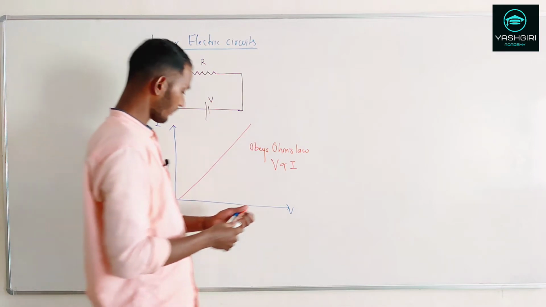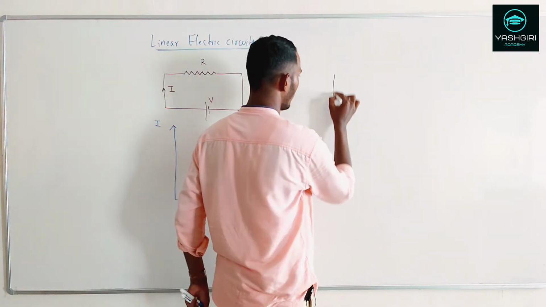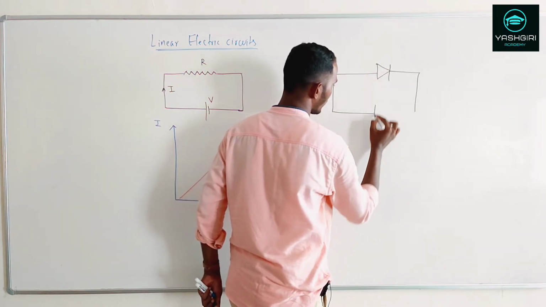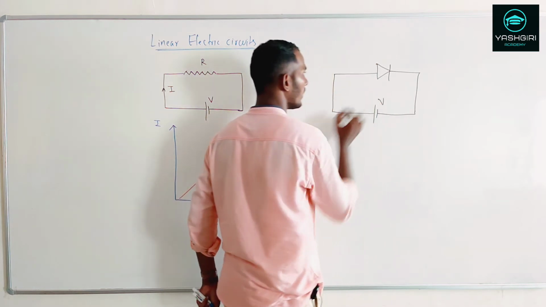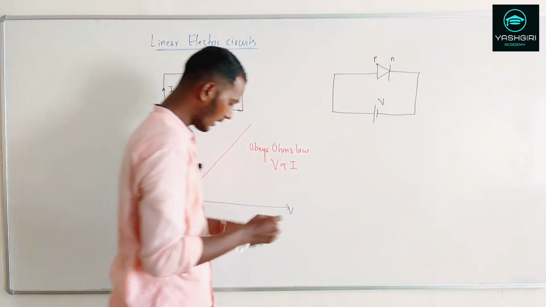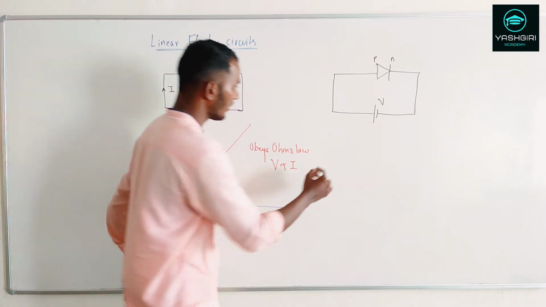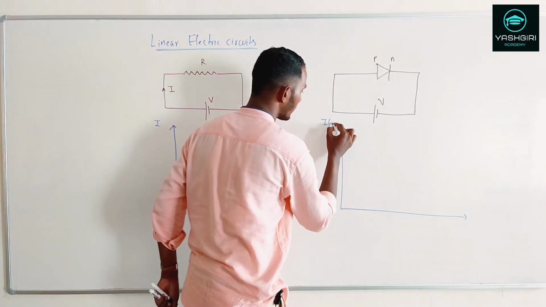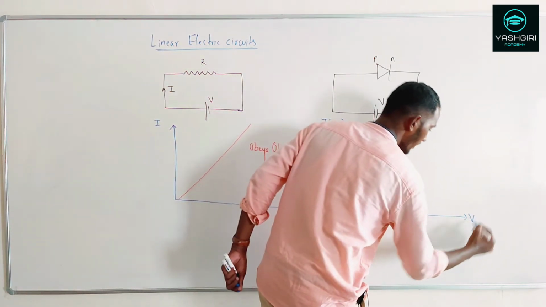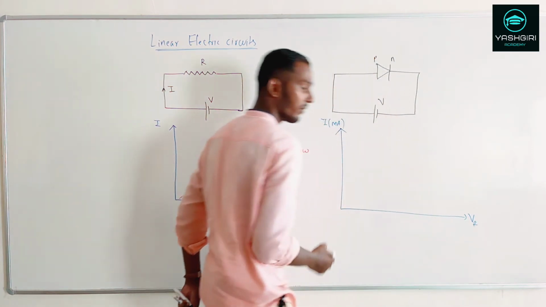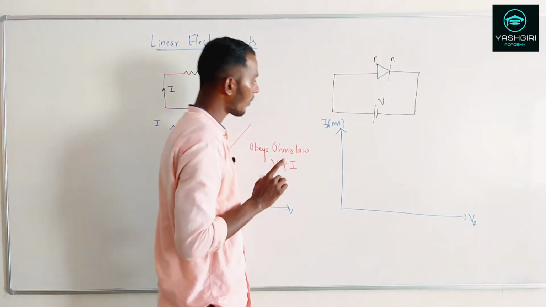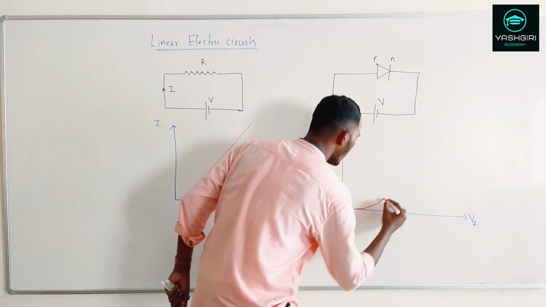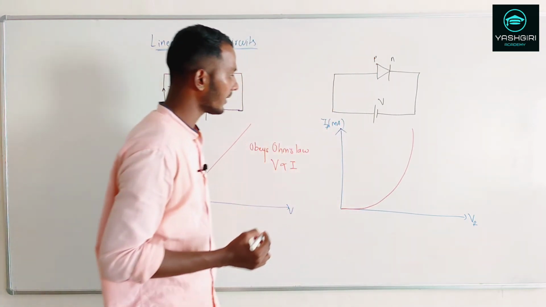So now let's see what exactly the junction diode is doing. We have a PN junction like this, which is connected again to the same potential of V volts. This is my P and this is my N. If you trace this, we have already done this, so we know the graph for IV characteristics. This is in milliamps and this is V in volts. This is your VF, which stands for forward voltage, and IF stands for the forward current. We already know the graph of this, which is a rapid exponential increase in the current.